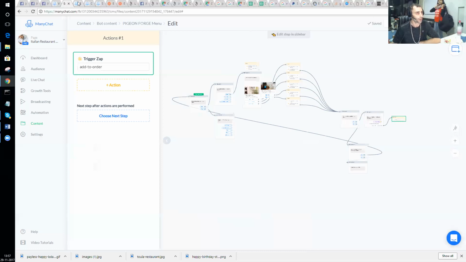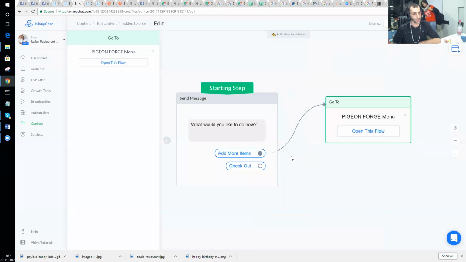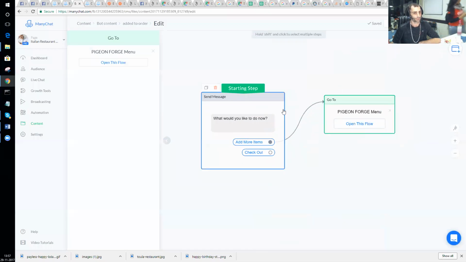Because if not, we're going to be asking this guy to do a lot, in which we're going to be routing him to a menu where we're going to say, hey, we have multiple locations. And then he's going to go in and pick one of those locations, see their menu, add something to his order, get that added to his order, and then